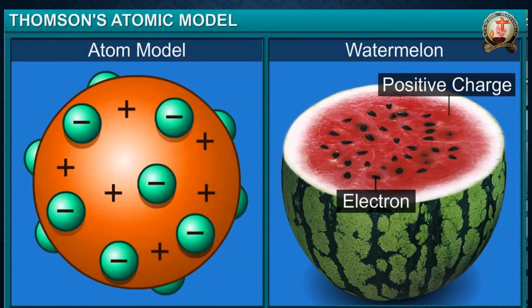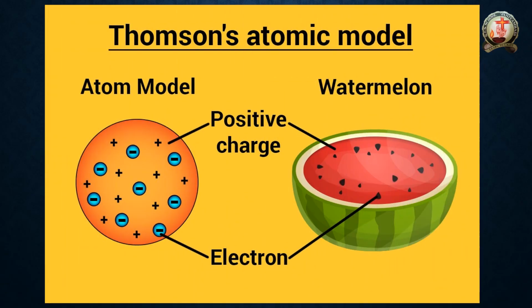See the Thomson atomic model: plus was surrounding everywhere and minus was also everywhere, not a perfect shape. But this is also a very important one. According to Thomson, this model was accepted. After that, the Thomson atomic model was set back because the nucleus is not spread throughout the area.